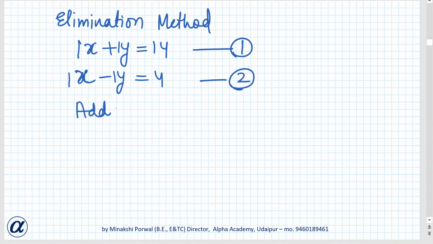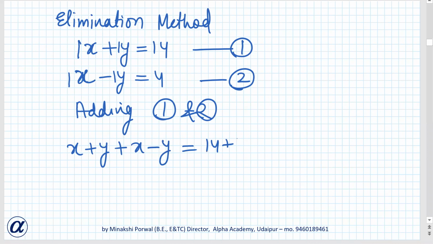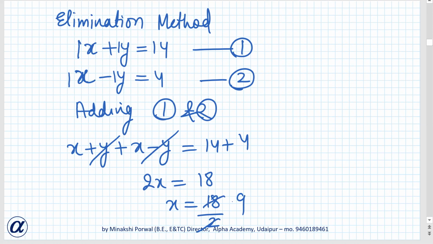Adding 1 and 2, if I just do this, I'll remove y, क्योंकि एक प्लस है एक माइनस है और दोनों का मैग्नीट्यूड इक्वल है, दोनों का कोफिशिएंट इक्वल है. तो x प्लस y प्लस x माइनस y इक्वल्स टू 14 प्लस 4, माइनस y प्लस y कैंसल, 2x इक्वल्स टू 18, x equals 18 by 2, that is equal to 9. x is 9. Now substituting